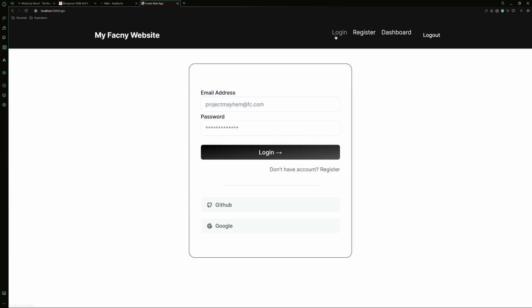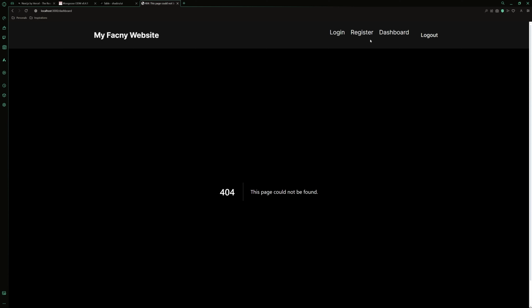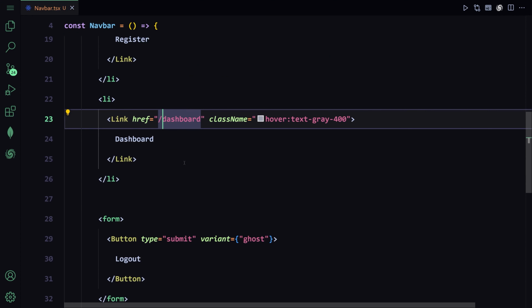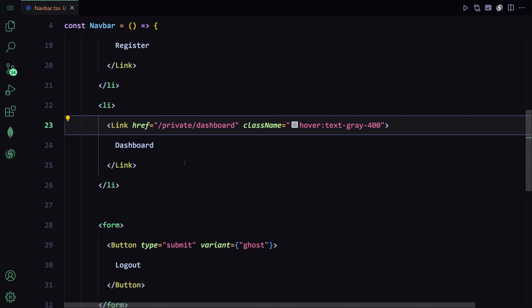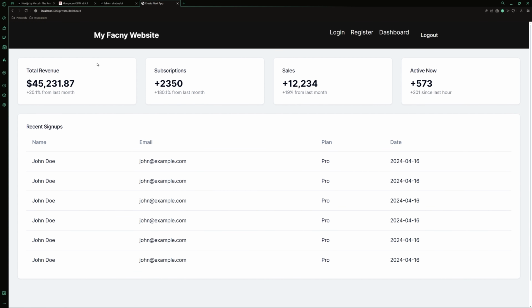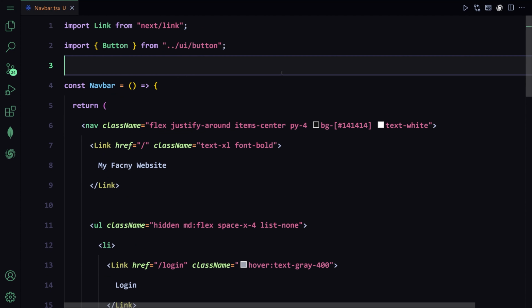Okay, so if I click on the login, it's gonna bring us to this login. If I click on the register, it's gonna just bring us to register. Let me just click on the register one more time, and then the dashboard. Okay, so dashboard, we have to take care of that. It should be private and then dashboard. Now if I refresh there, let me just click on there one more time, and here you can see it's gonna bring us to this dashboard right here. You can also click on the logout and nothing will happen because we did not add any auth right here. Okay, so yeah, that was it for the pages, and now let's get into the actual